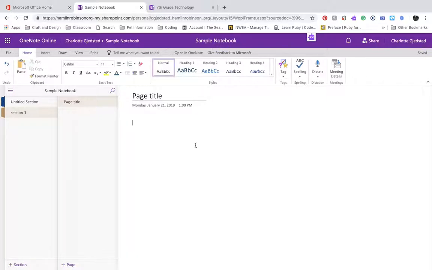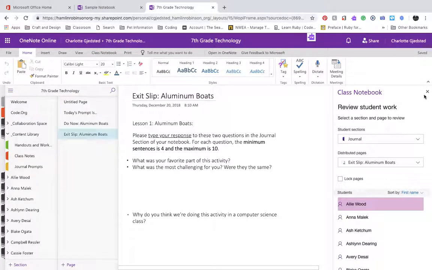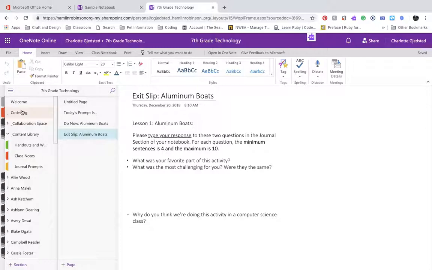I have a running to-do list that I share with Ben, the academic aide, and that we have for keeping track of devices. I use it to take meeting notes, and I have a technology meeting notebook as well too. If we go over to this tab here, I want you to take a look at my OneNote class notebook,